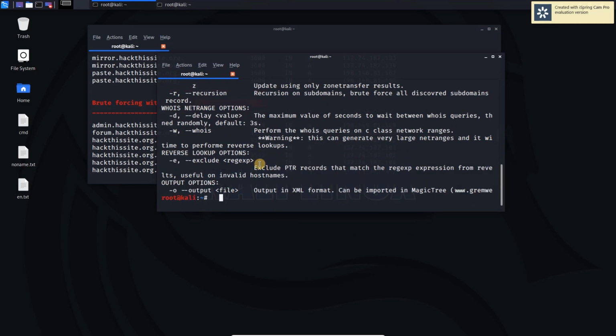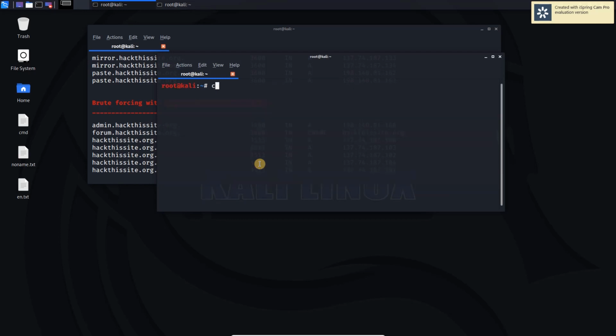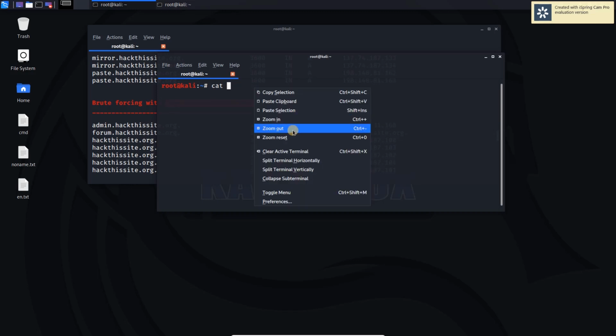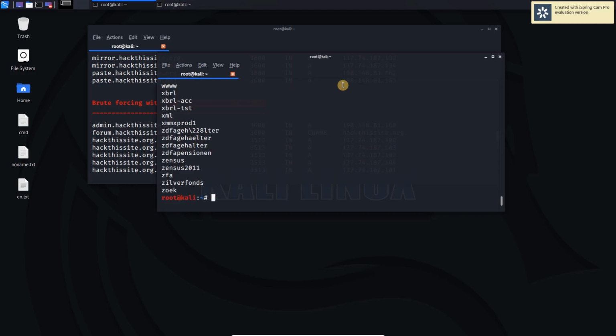So let's clear this and let's see what this contains. We see that it contains a long list of subdomains, and it will search for all the subdomains on the internet.